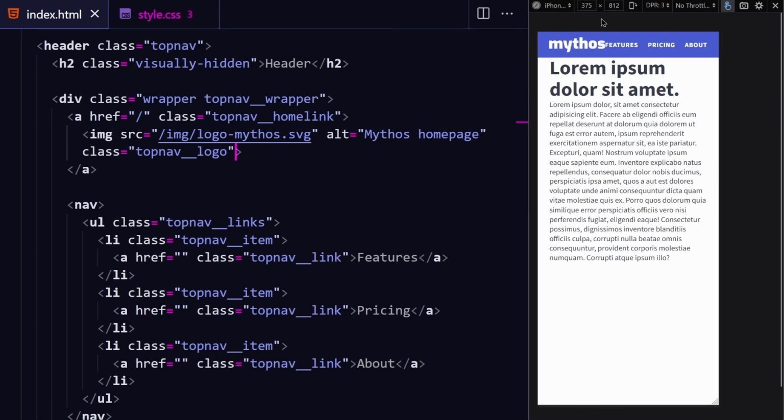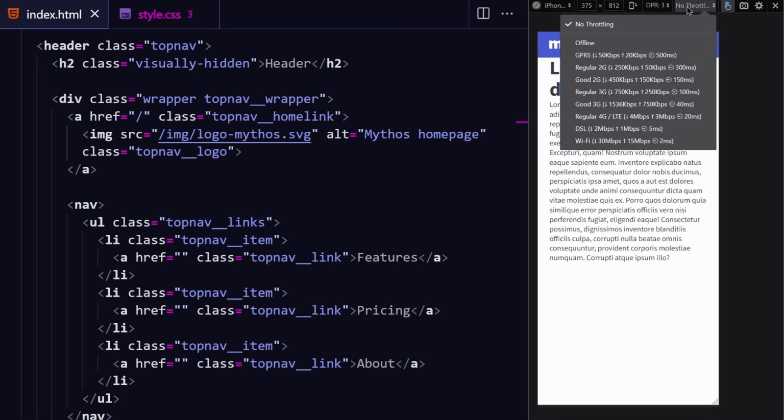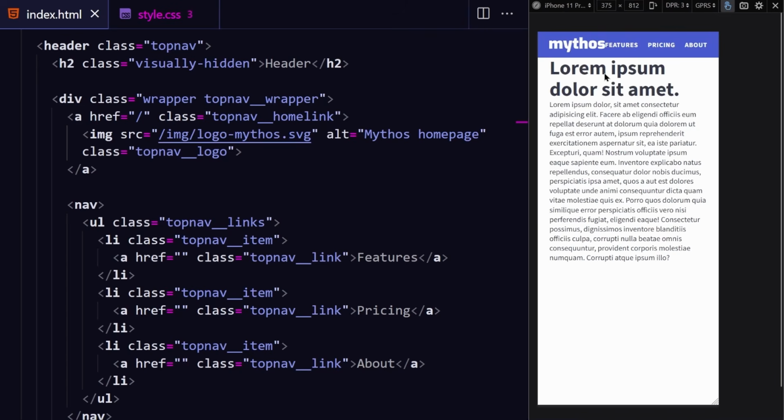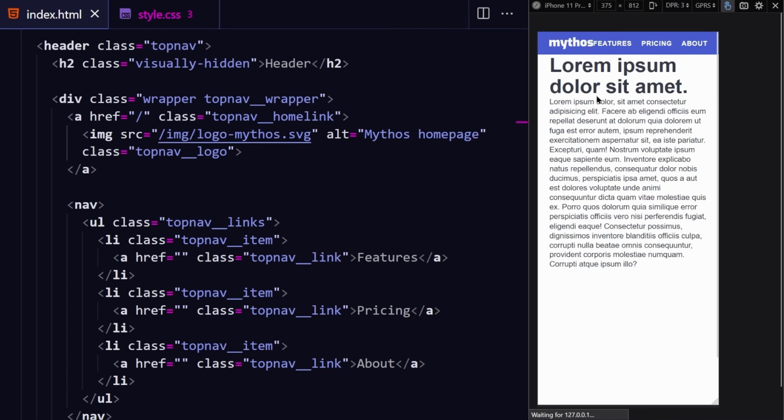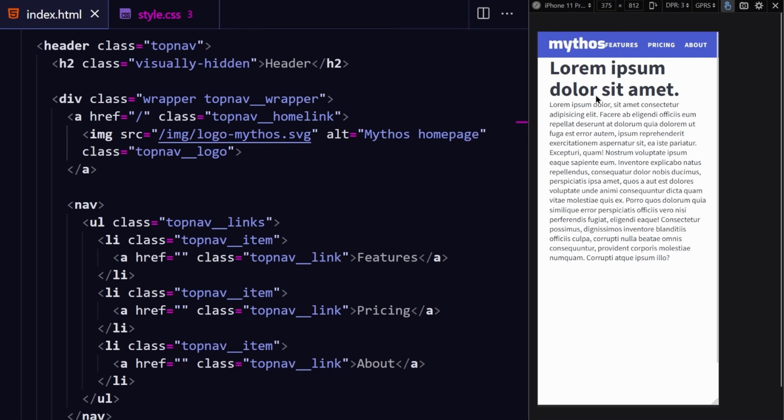Now on our website, I have responsive design mode turned on and I can control the connection up here. And I'm going to select a really slow 50 kilobyte connection. So now I'm going to reload the website, and while it's loading, keep an eye on the top navigation bar, specifically the logo image. So you can see that it took extra time for the logo image to load, and in the process the